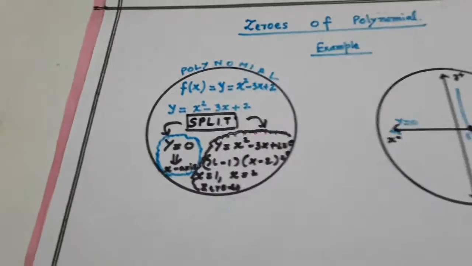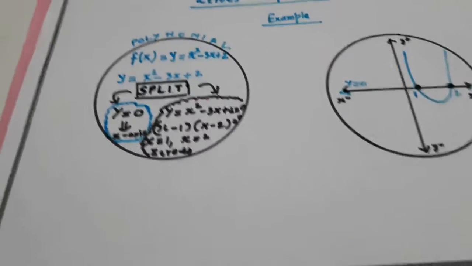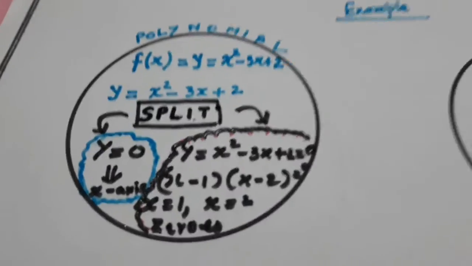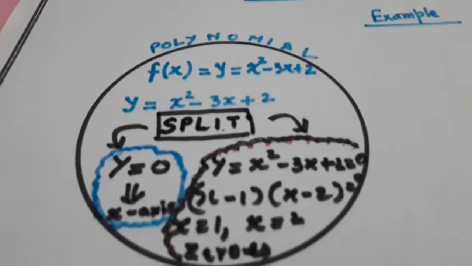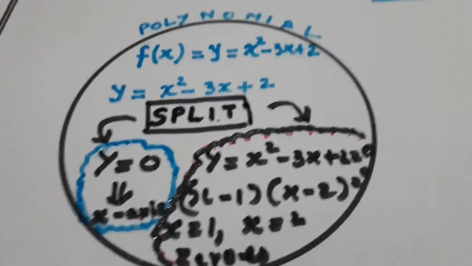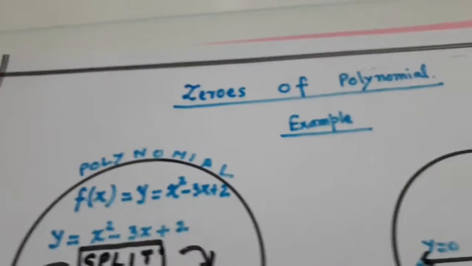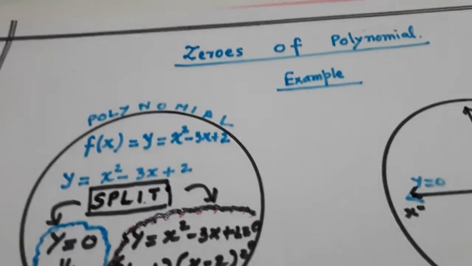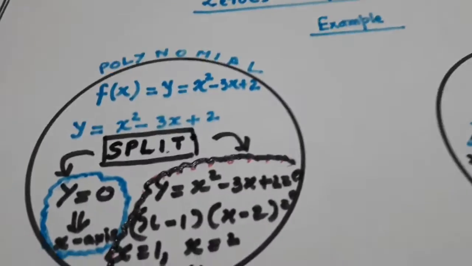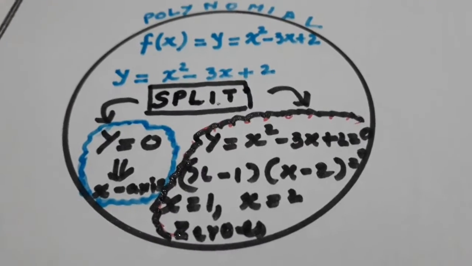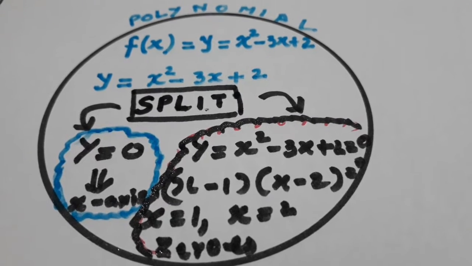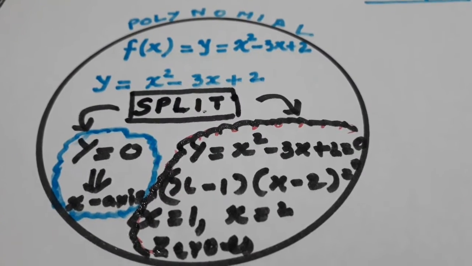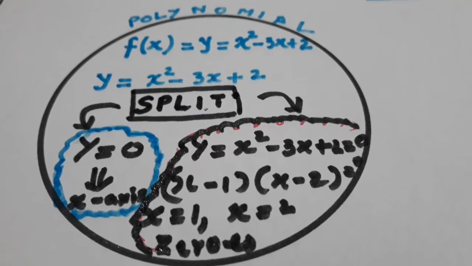Look here, I told you a few minutes back that you need to have knowledge of polynomials. Now I have taken one example, and this example is how to find the zeros of the polynomial. You will be laughing that it is a 10th class question, but it is being used in solving the logarithmic functions also. So how has it to be done?